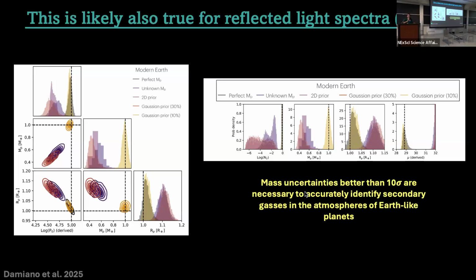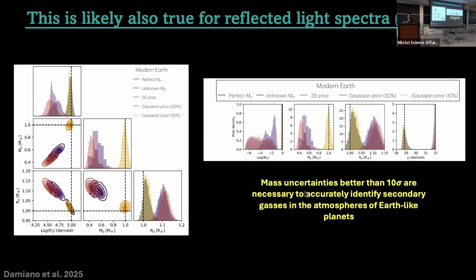Some early looks at this by Mario Damiano, also at JPL, suggest that we need mass uncertainties at the 10 sigma level, 10% precision, if we want to be able to accurately identify the secondary gases in the planet's atmosphere. For Earth, this is like understanding that, yes, there is oxygen in our atmosphere. There's also a whole lot of nitrogen in the atmosphere. And if you can't tell if that secondary gas is nitrogen or something else, it adds questions about the potential